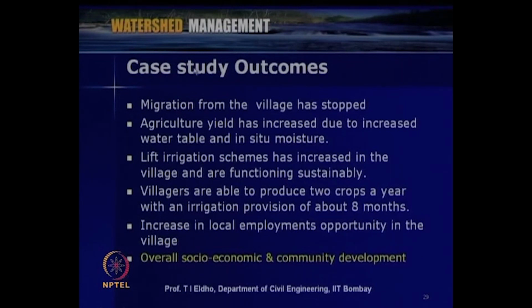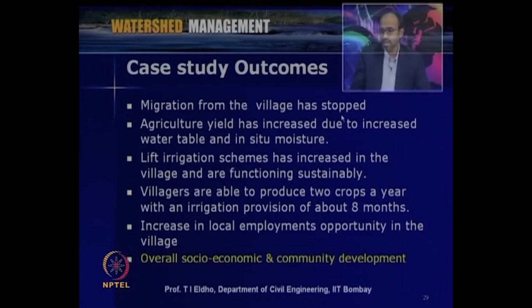Some of the outcomes after implementing this Pani Panchayat project: migration from the village has stopped after about 5 years of the implementation of this project. Agriculture yield has increased due to the increased water table and in situ moisture. Lift irrigation schemes have increased in the village and are functioning sustainably. Villagers are able to produce 2 crops a year with an irrigation provision of about 8 months. There is an increase in local employment opportunities in the village. So, finally, once the area is analyzed, overall socio-economic and community development has taken place after implementing this Pani Panchayat